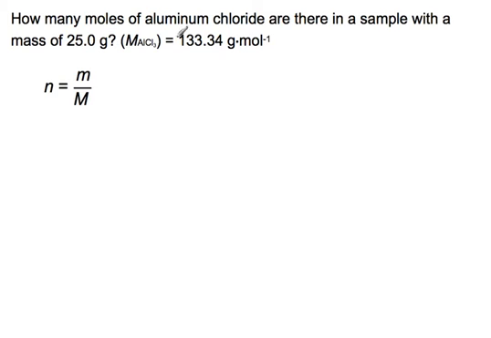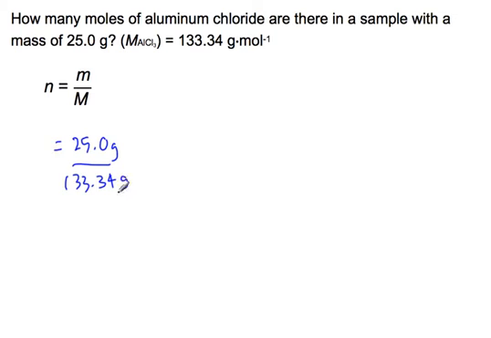So let's try a few. How many moles of aluminum chloride are there in a sample with a mass of 25 grams? And here's the molar mass. So I've given you the molar mass of aluminum chloride, 133.34 grams per mole. And so we just plug it into the equation. So mass, 25.0 grams, divided by molar mass,